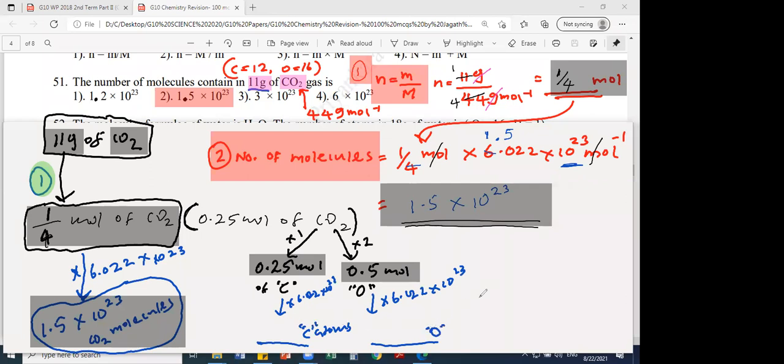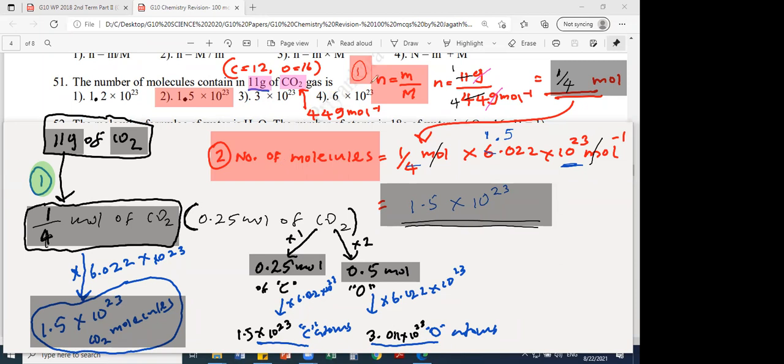You can do the calculation as a multiplication, just basic maths. For oxygen atoms, if you multiply this, what is the exact answer you get here? You get 6.011 into 10 to the power 23. If you divide that by half, then you get the same answer, 1.5 into 10 to the power 23.